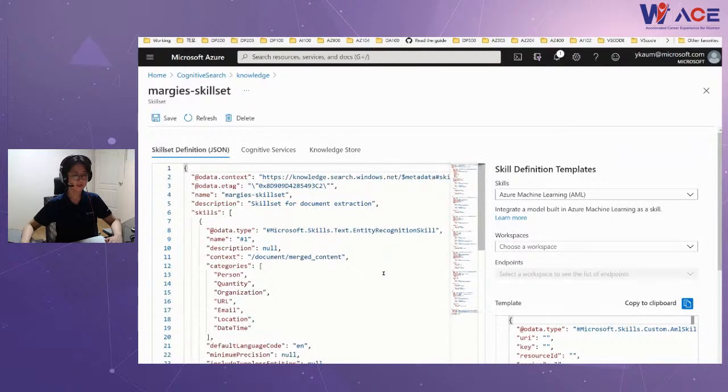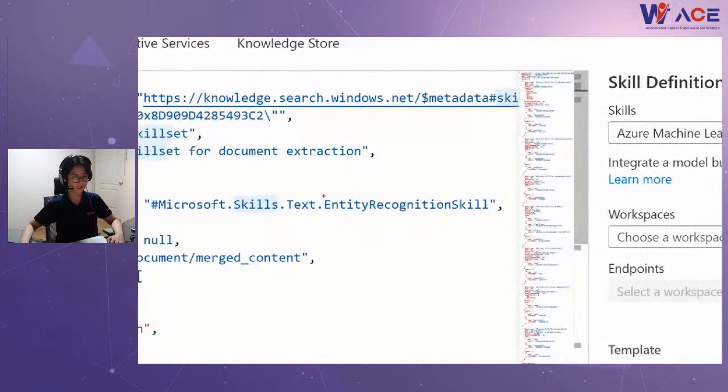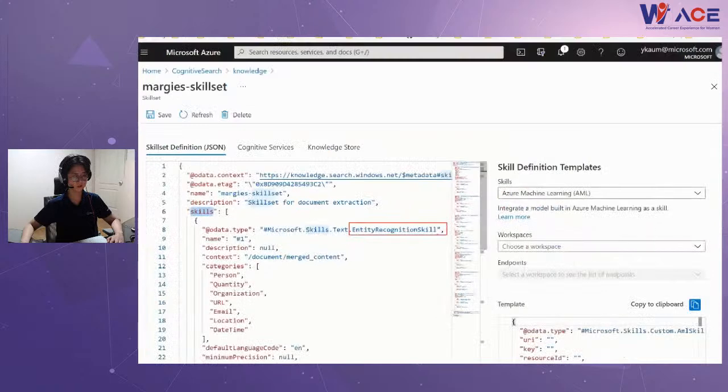Whether I made the index using the UI or through my code, the information is all converted into JSON type. So I can see the JSON definition here. Okay, let's see. What is the first skill I can see? It is the entity recognition skill.